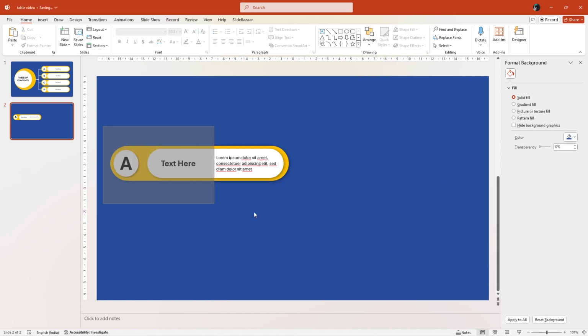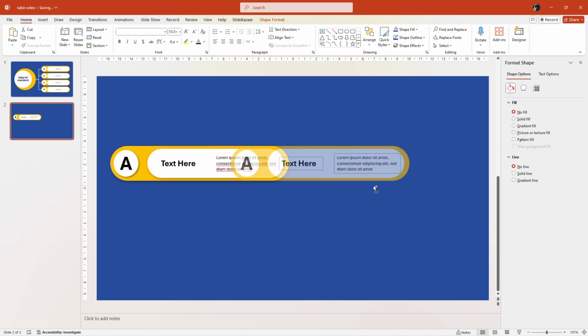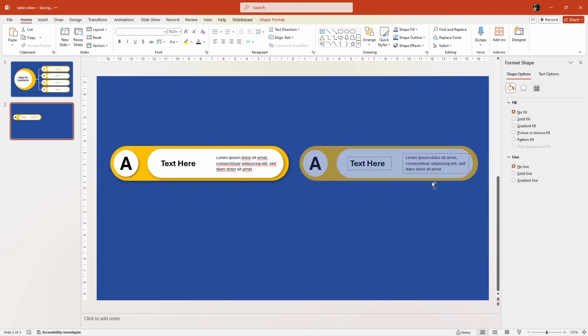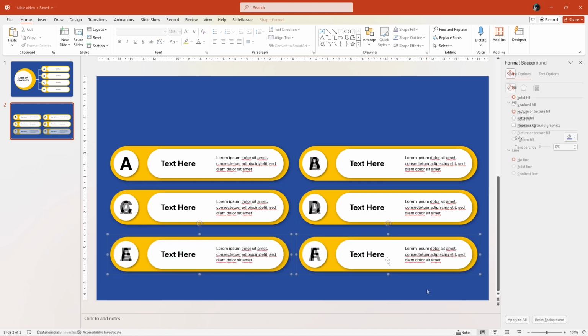Select all the shapes and text and group them and hold Ctrl and drag the object to duplicate them. Now select both the objects and duplicate them together in the same way. Let's change the text on each object. Then, let's group each adjacent object carefully